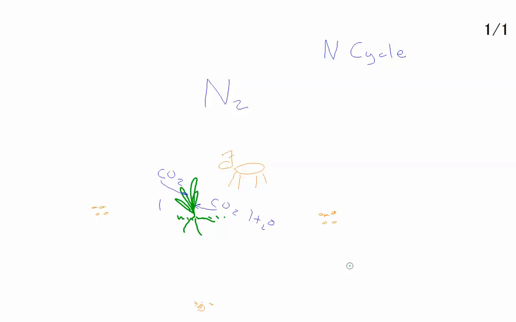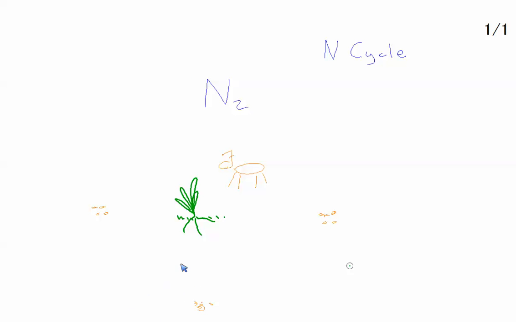Now, remember, all of our biogeochemical cycles have an abiotic reservoir. And the reservoir for the nitrogen cycle is the nitrogen gas in our atmosphere. I'm wondering if you know what percentage of our atmosphere is nitrogen gas. Well, if you were thinking 79%, you are correct. So if you take a breath right now, inhale, 79% of the molecules that you just inhaled are nitrogen gas.